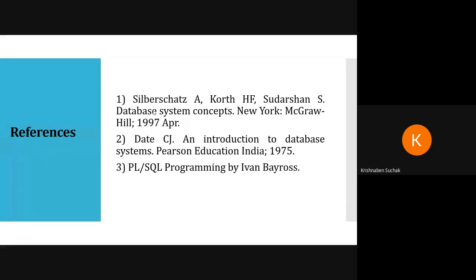Next, see, I have mentioned in references one book which is important for you. It is the number one book, we can say, the Henry Korth book. Okay. So today's task is to check this PPT, download this PPT. If you think a few points are important and you want to write them, then please write them down in your notebook, and we will move to our next chapter in our next lecture tomorrow.